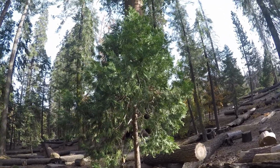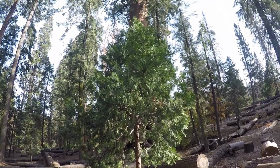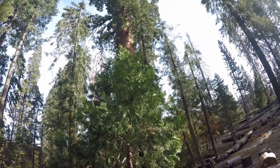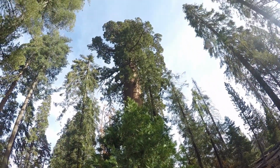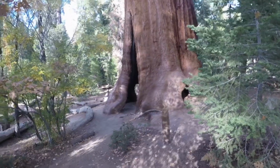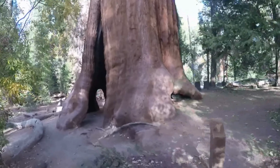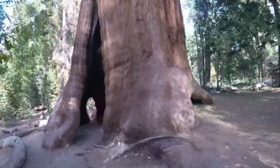If you can compare this little tree here in front to that big monster tree behind it. Wow. Thousands of years. Just to show you how big these trees are, I'm going to take you inside a tree. This tree here